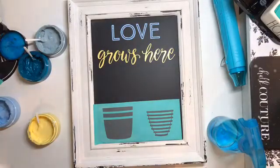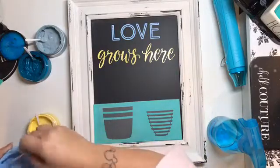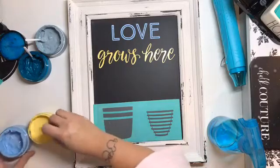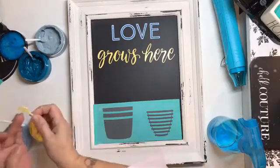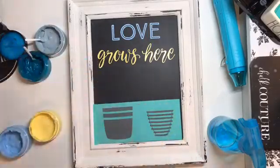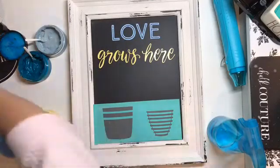I'm going to throw these two into my pan that I had off to the side here so that we can start to get the chalk out of that. And I think I'm done with the Morning Sky and the buttermilk for now. So what I'll do is I'll get my little stirry sticks out and get those into water as well as the squeegees. They can all go into the water pan,